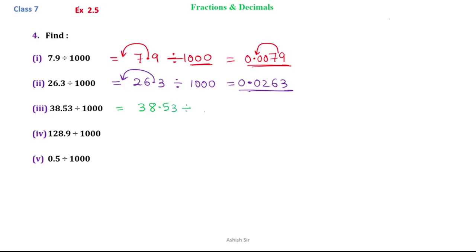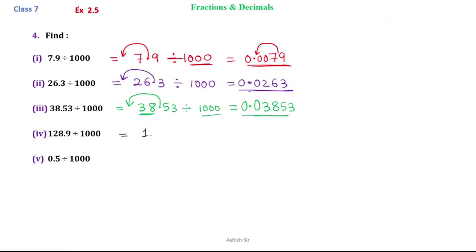38.53 divided by 1000. So the decimal point will go three digits to the left because there are three zeros. So the decimal point will go three digits to the left. There are already two digits present. So what we need to do is we need to place one zero. So the decimal point will come here. So it will be 0.03853. Now the next question,